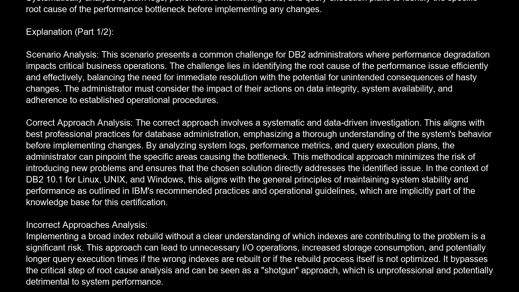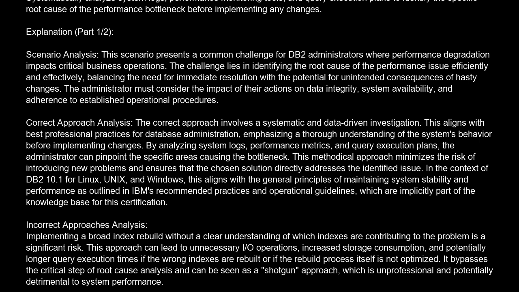Correct approach analysis. The correct approach involves a systematic and data-driven investigation. This aligns with best professional practices for database administration, emphasizing a thorough understanding of the system's behavior before implementing changes. By analyzing system logs, performance metrics, and query execution plans, the administrator can pinpoint the specific areas causing the bottleneck. This methodical approach minimizes the risk of introducing new problems and ensures that the chosen solution directly addresses the identified